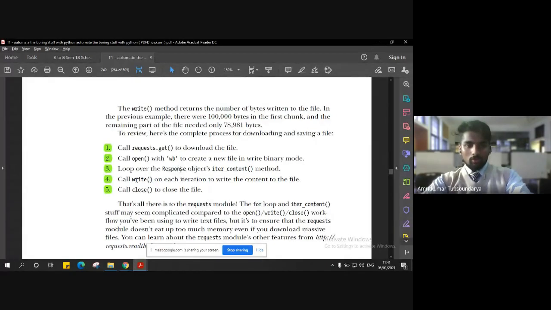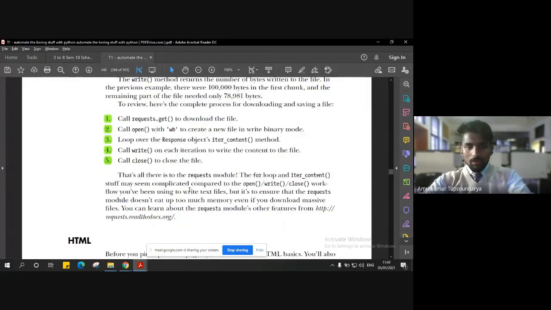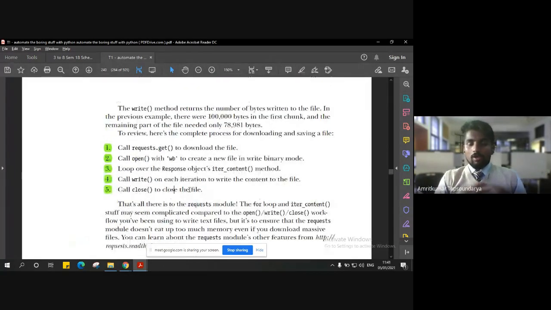Then for each chunk, we write the content into that new file, and once we are done writing the content for the whole file, we simply close the file using the close method. So that is all about how we can save downloaded files into the hard drive.